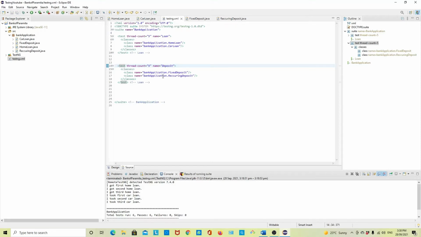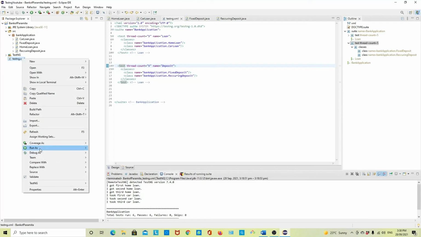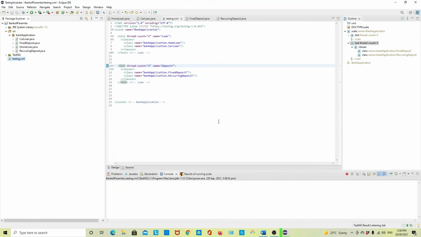Okay, so now we got two different suites. Yeah, so again we will run as TestNG. See, now we got 4 classes with 3 test cases each, so 12 test cases. All test cases passed and we got the output here. Okay,